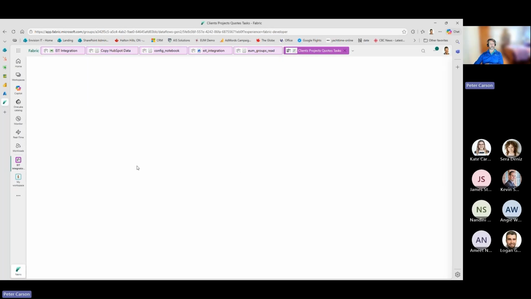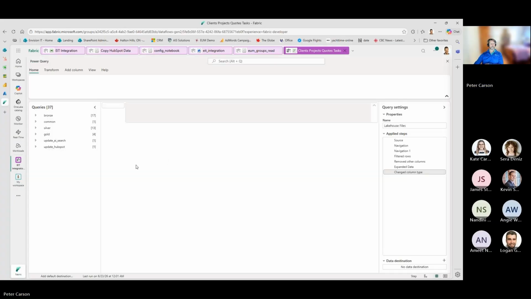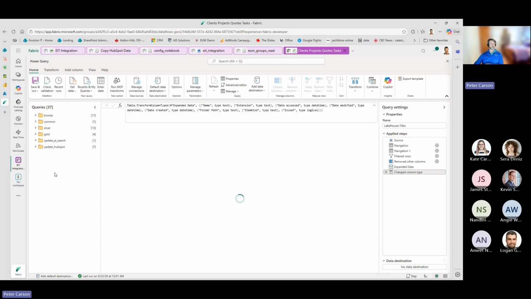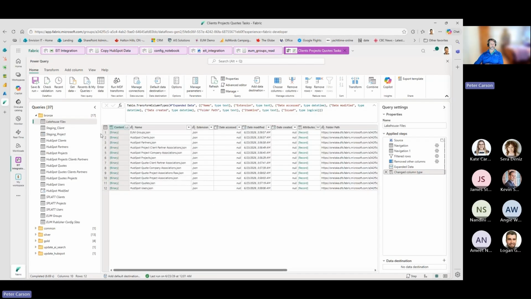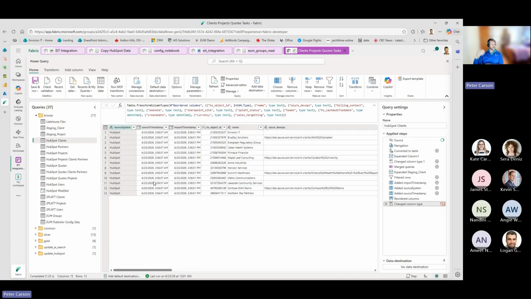This is where all the magic happens. So you can see our bronze, silver, gold layers in here. If I open up the bronze, it's doing a call out to get the files from the Lakehouse, and then it's building table views of that raw data that came from the source system.